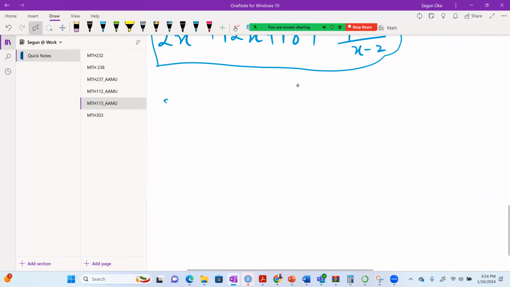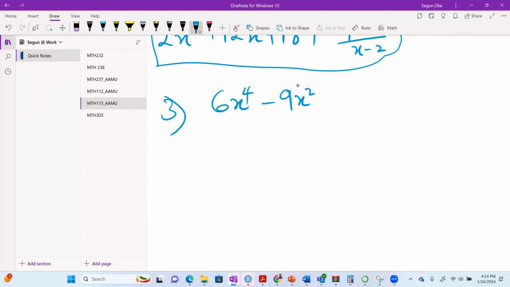So number 3 says, let's look at number 3. 6x raised to the power 4 minus 9x squared plus 18, divided by x minus 3. So for us to solve this, the solution will be,